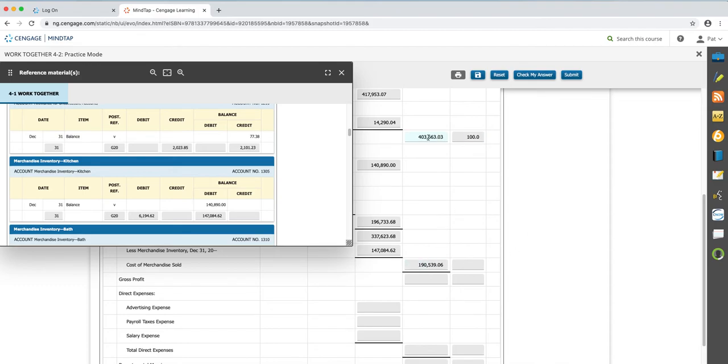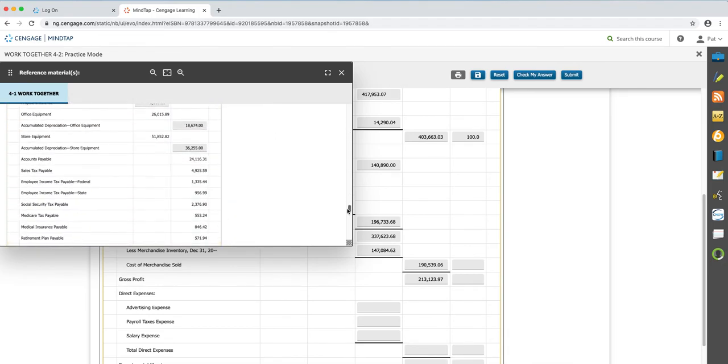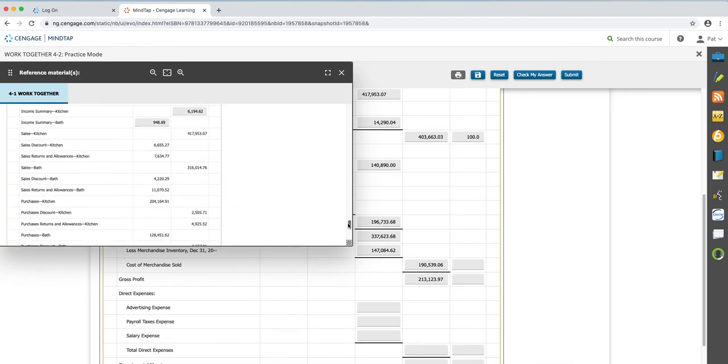We take our net sales minus the cost of merchandise sold to get our gross profit, 97. Take net sales minus cost of merchandise sold to get gross profit. Then we go ahead and we get to our direct expenses,